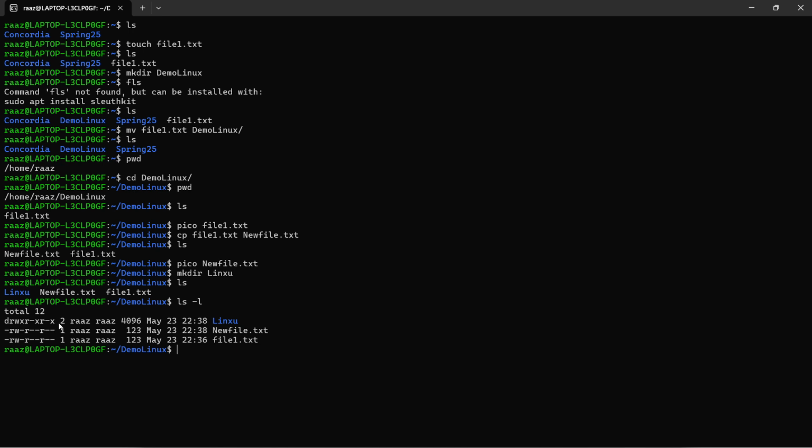Only for Linux there is the permission x, which means executable permission, but for newfile and file1 there isn't any executable permission. So we are going to add the executable permission to one of the files, either newfile.txt or file1.txt. For that, we'll be using the chmod command. Plus is an operator that we use while adding a permission. Plus x means executable permission to